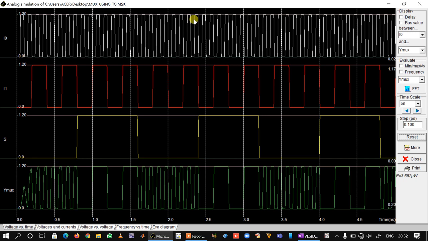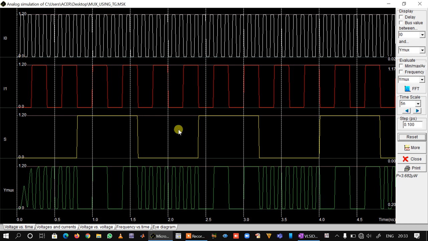Yes, so we can see here that when select line S is equal to 0 here, the input I0 is selected, which is a high frequency clock. So when S is equal to 0, the output of multiplexer is equal to I0. When select line is equal to 1, the output is equal to I1.